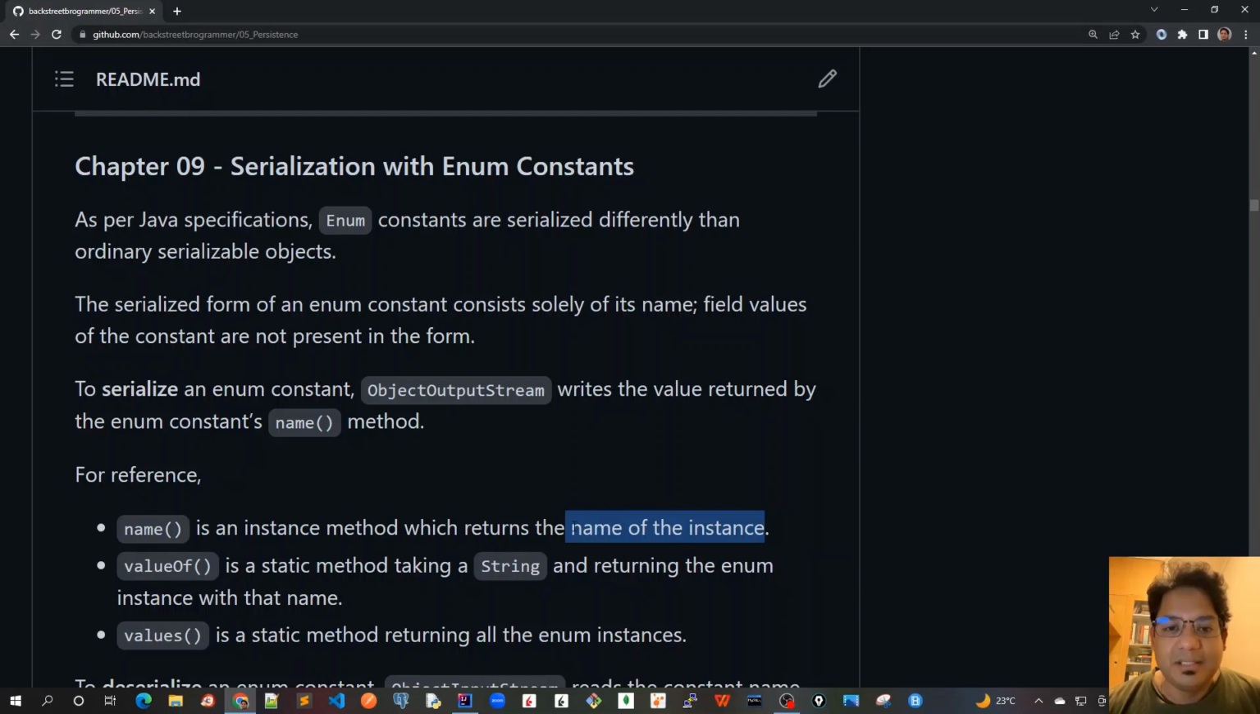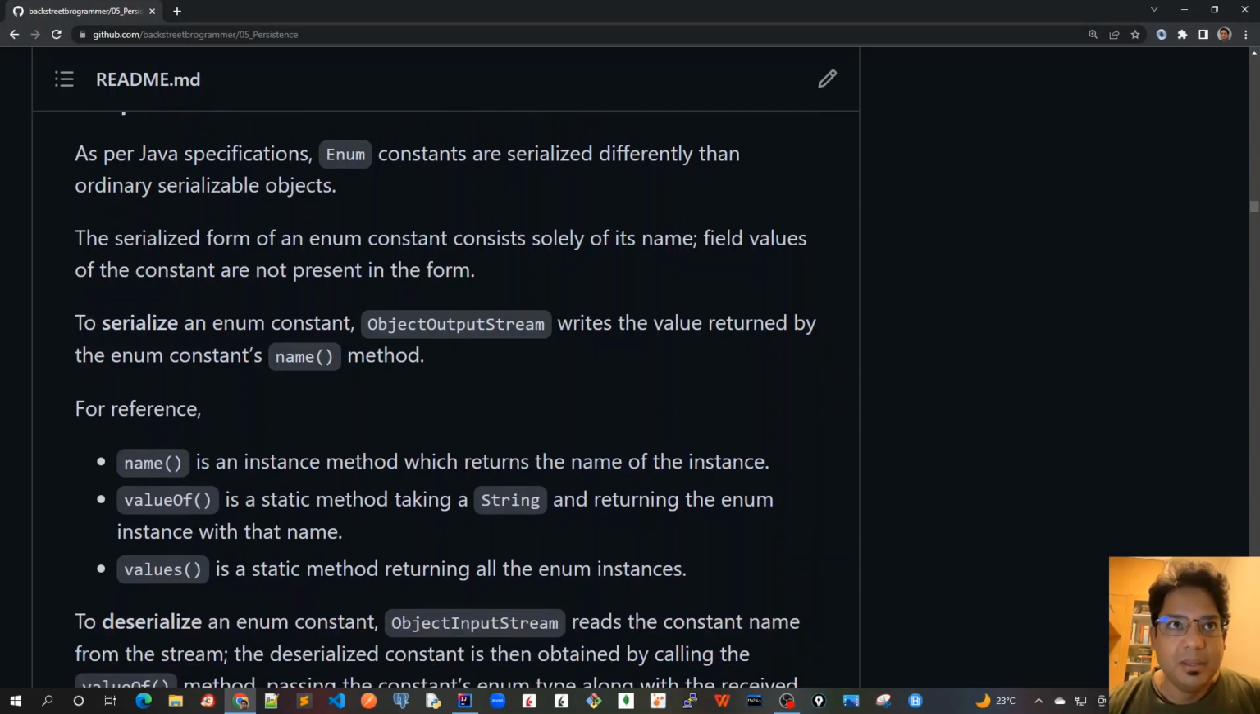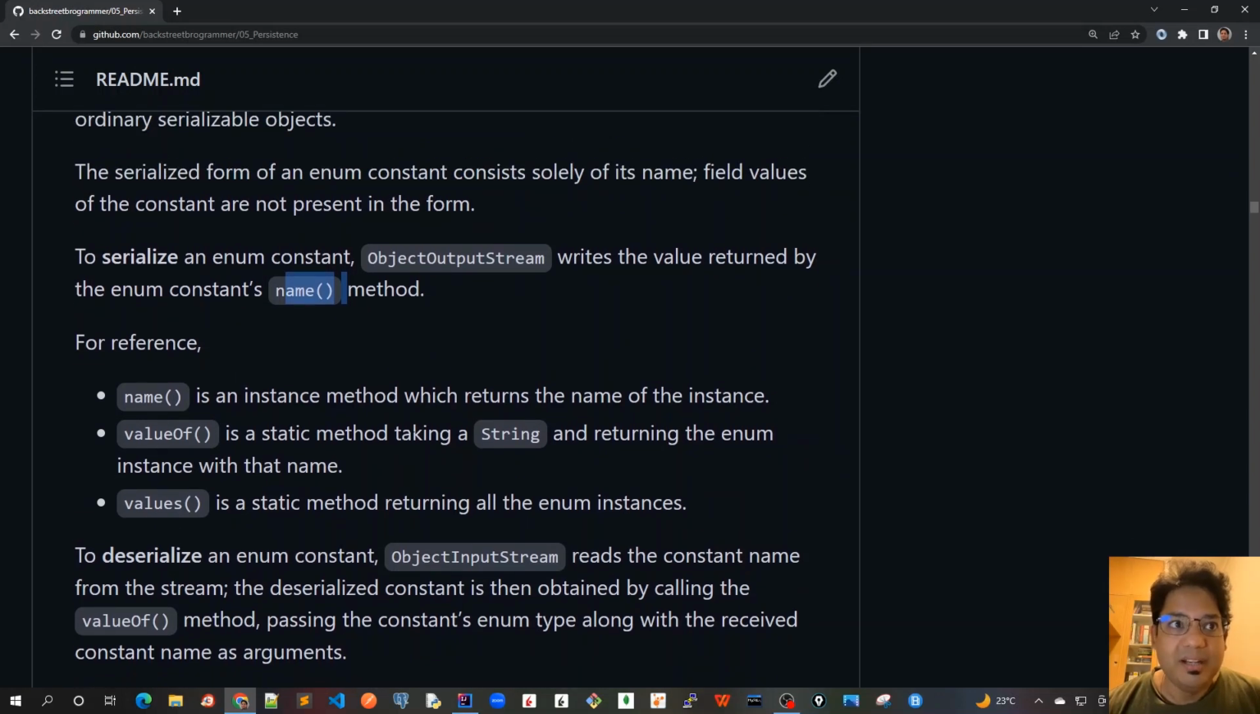We'll try to understand this more when we actually write some unit test cases. But here, let's understand the theoretical part: when we write the value, it will only write the enum constant's name. Similarly, when we deserialize an enum constant using the ObjectInputStream readObject method, it will deserialize the constant by using the valueOf method. This valueOf is a static method, again defined in java.lang.Enum, taking a string and returning the enum